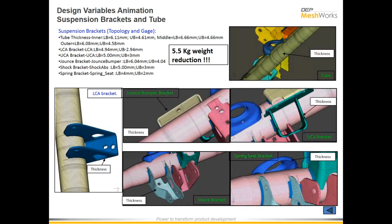So here you have a situation wherein you not only were able to reduce the weld length at all these locations, but at the same time reduce the weight as well. So we were able to maintain performance, reduce weight, and at the same time reduce the weld length. So in summary,